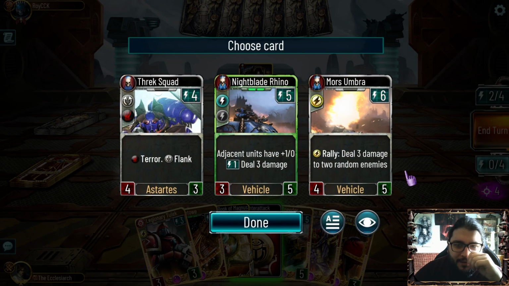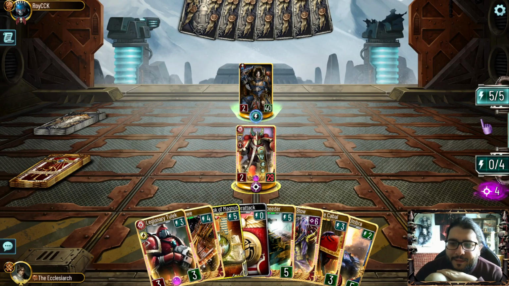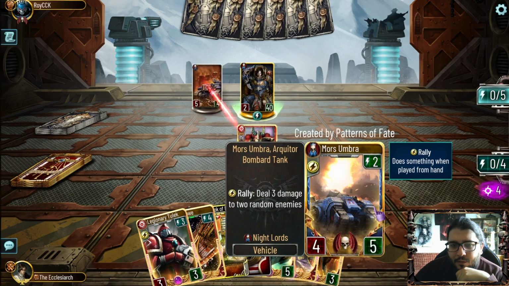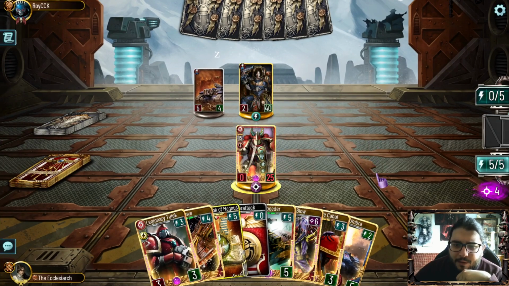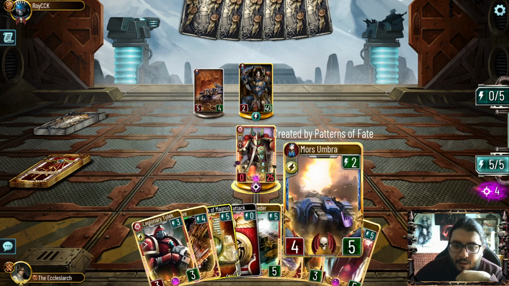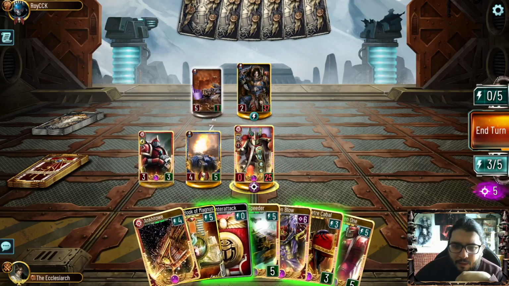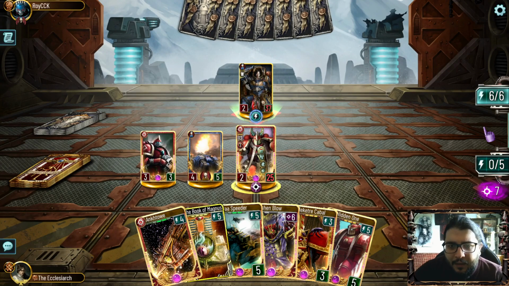Let's steal something. What do we steal? Let's steal the Morse Umbra. I think that's the best thing we can steal right now. Oh yeah, this is actually perfect, I would say. Because we can do this. Then we can also do this. And we can stop Conrad. Because now he's going to play his own Morph Umbra, which means that if he can attack, he can clear the board. Which obviously I don't want him to do, so...